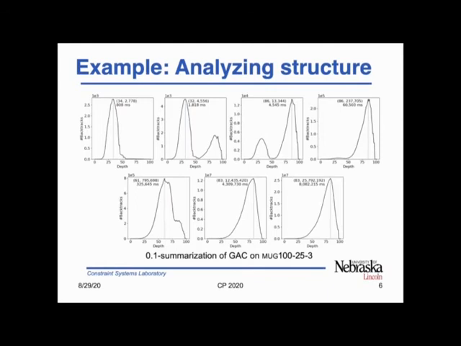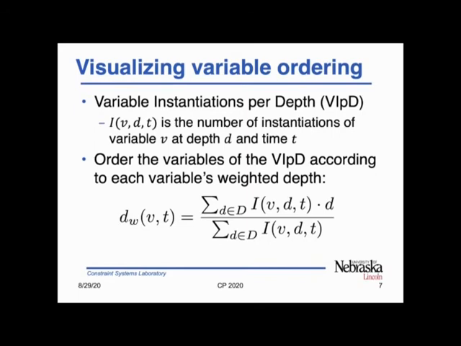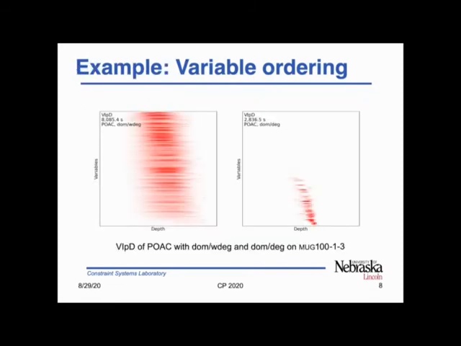125.3 benchmark instance. We further propose a visualization of the variable ordering by looking at the number of instantiations of each variable at each depth. We do so in a heat map where we have on the x-axis the depth of the search tree and on the y-axis the variables of the instance. To order the variables in the instance, we calculate a weighted depth and order the variables accordingly. This helps us to explain why DOM-DEG can do better on another benchmark instance, as opposed to DOM-WDEG, which usually